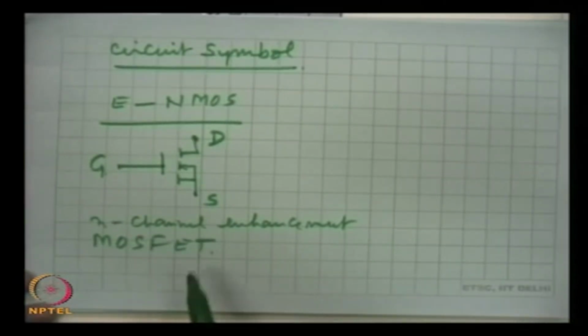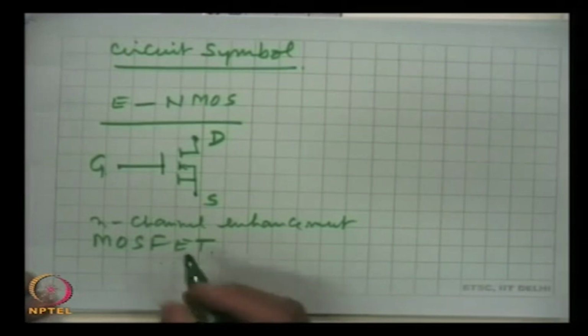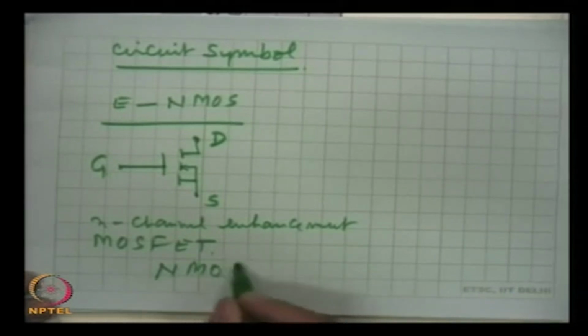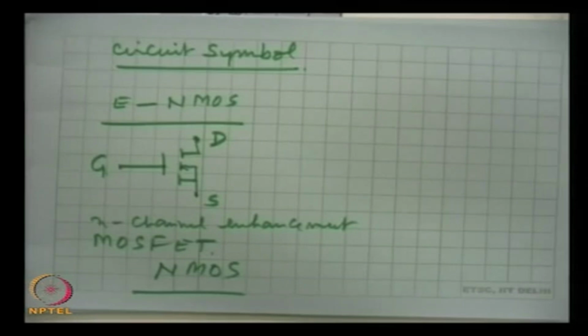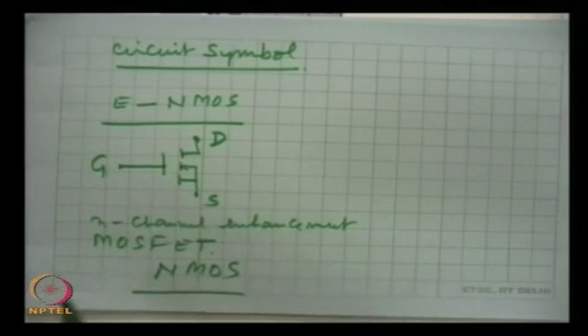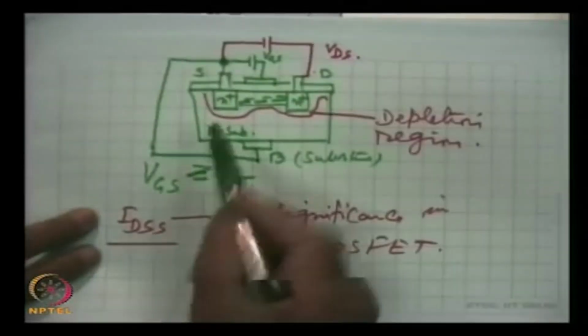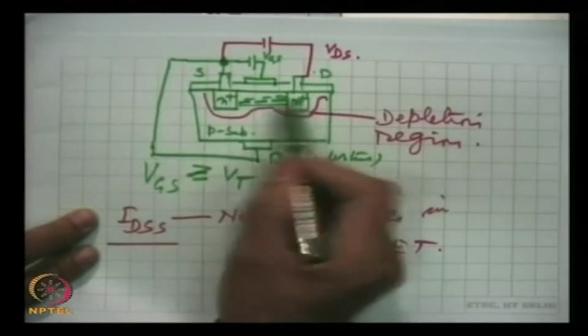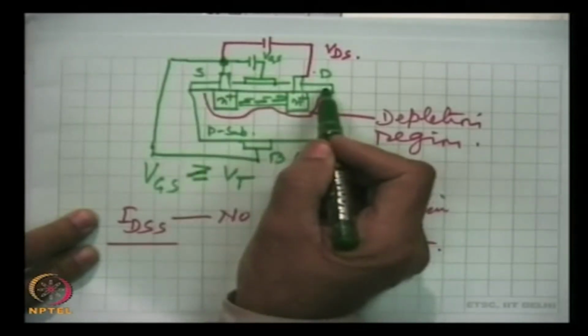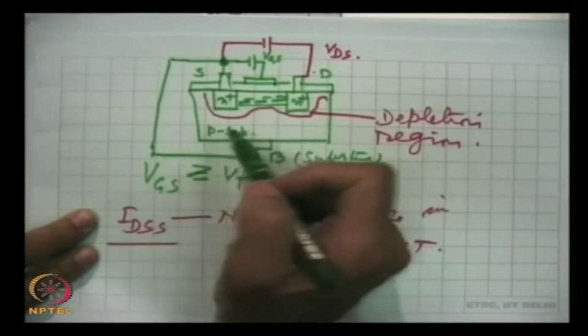I said that often the n channel MOSFET is so popular that it is simply said NMOS. NMOS stands for n channel enhancement MOSFET, and circuit symbol is this. For the p type, we will have to use an n substrate here, n substrate with heavily doped p regions, they will form source and drain, and then an insulating layer and then an electrode. So, construction is the same, except